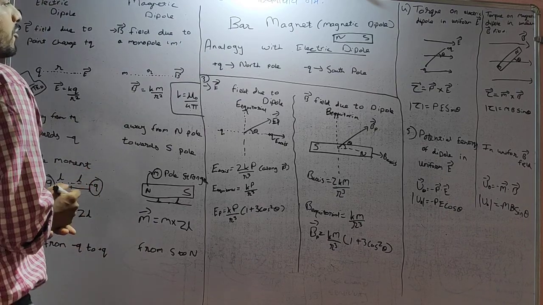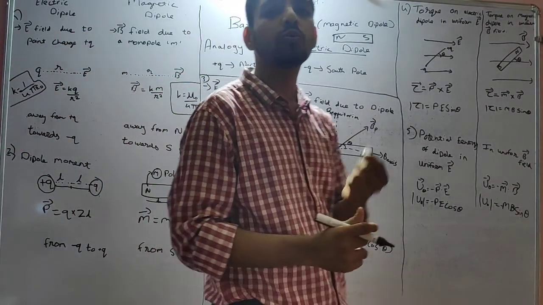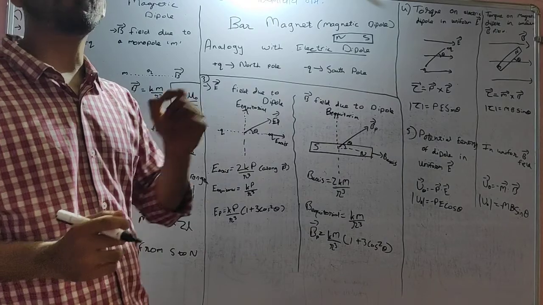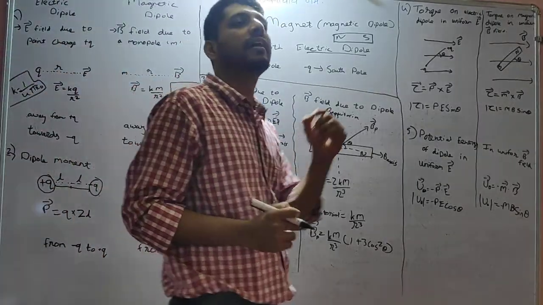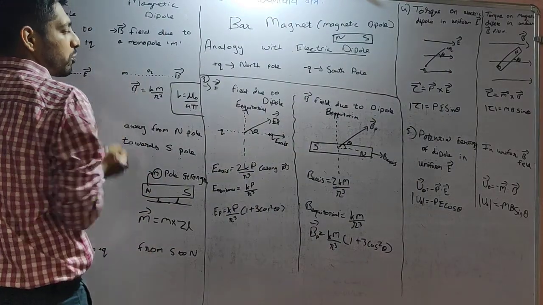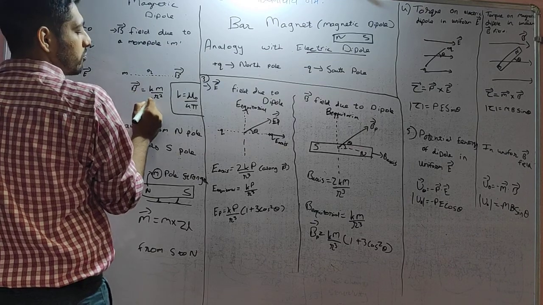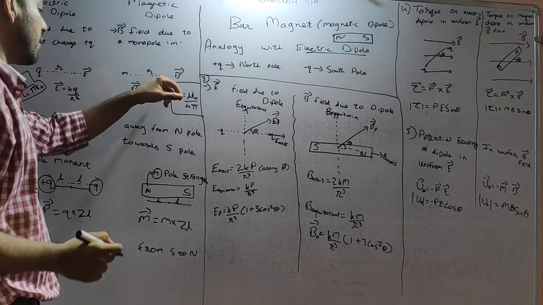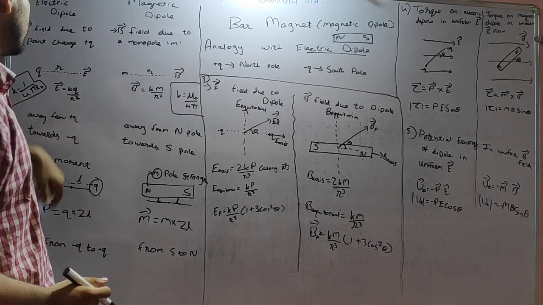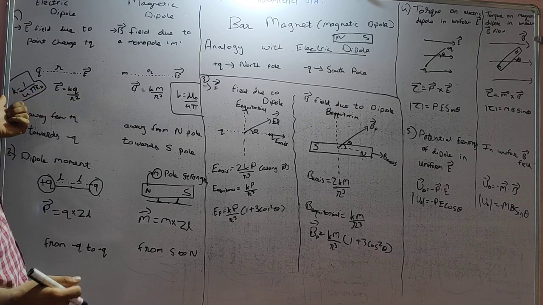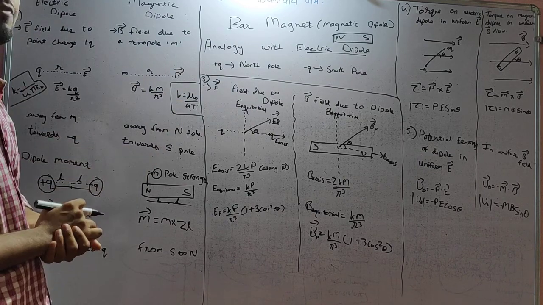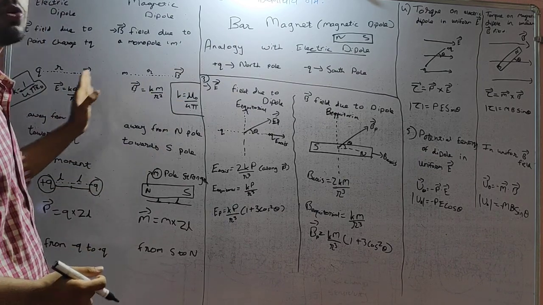In magnetic, if you want to find the magnetic field due to a monopole, in actuality a monopole does not exist, but to understand the analogy and the formula, we imagine that there is a monopole. The magnetic field due to that monopole is, if M is the strength of that monopole, B equals Km by R square. Here it was Q, here it is M. Only the symbol changes. In electric, it was 1 upon 4 pi epsilon naught, whereas in magnetic the value of K is mu 0 upon 4 pi, which means the formulas are almost the same.